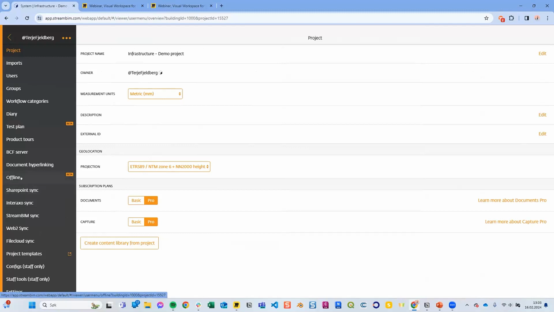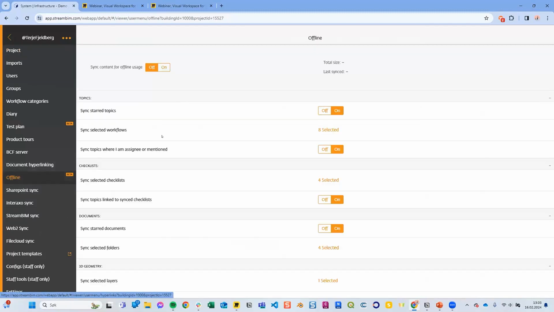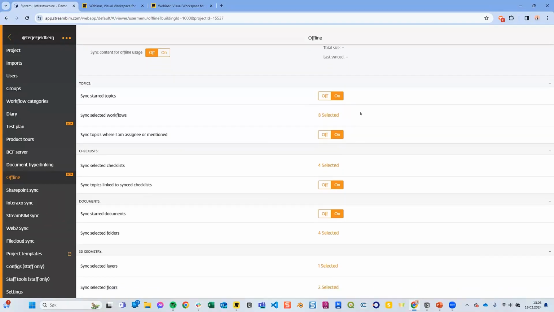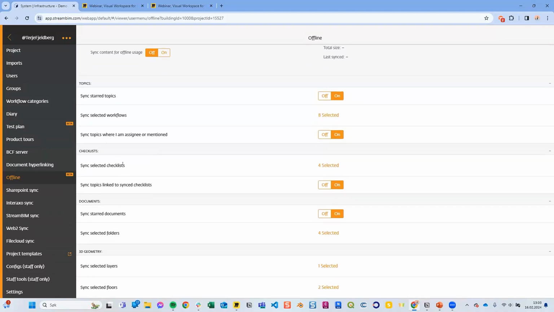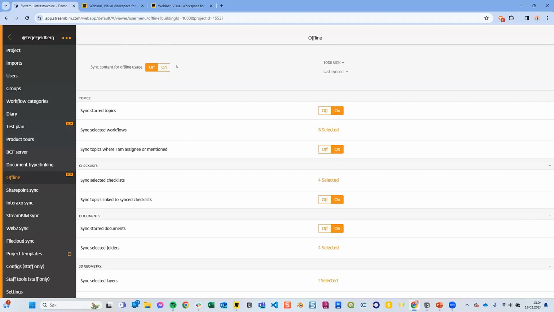Further down here, you have the offline functionality. Here you can set up what to bring offline when there's bad connection or no connection, so that everything you decide here, could be topics, workflows, checklists, and so on, models. Everything you need, you select here, and then you just sync it for offline use.